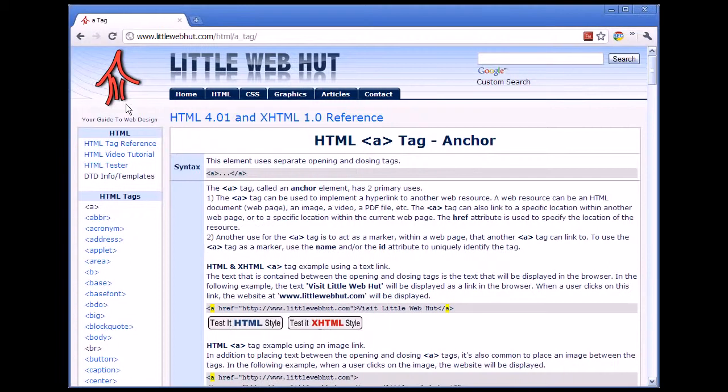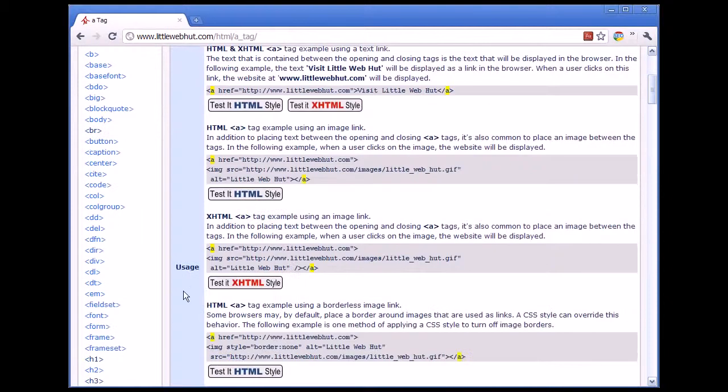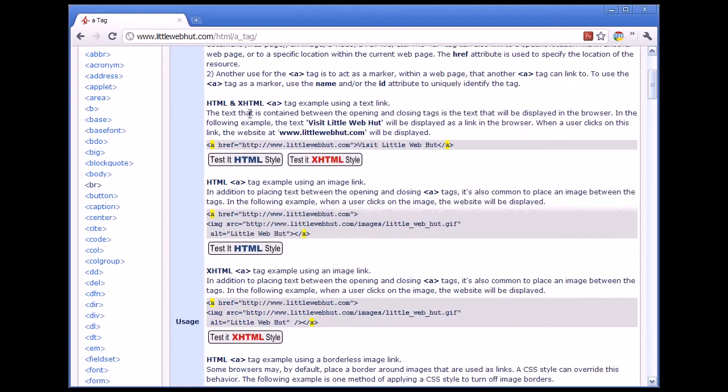And the first thing that we'll look at is the syntax. We'll notice that we have an opening anchor tag, and then we'll put some content, and then we have a closing anchor tag. And as before, since there is just a single syntax here, that means that HTML and XHTML share the same syntax. We can go down now to the usage information, and the first example that we have here shows our